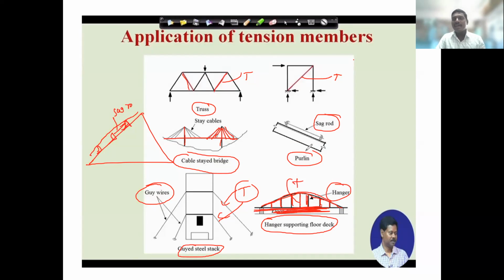So in this way, whichever member we are providing, if that member is carrying tension, then that member is a tension member. That's it. So these are some applications in civil engineering steel structures. Then